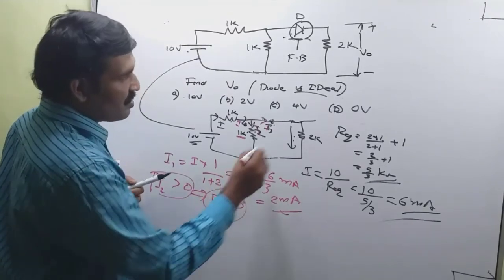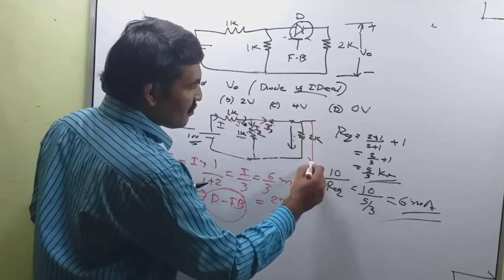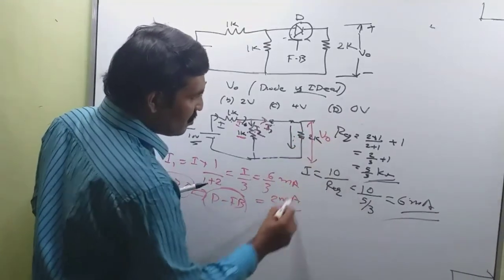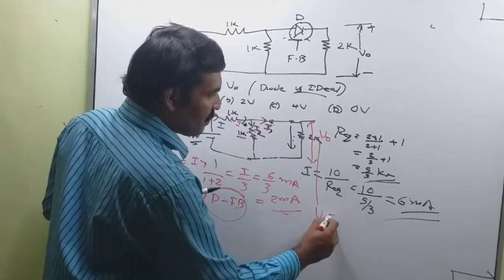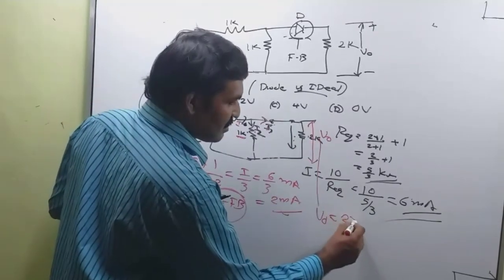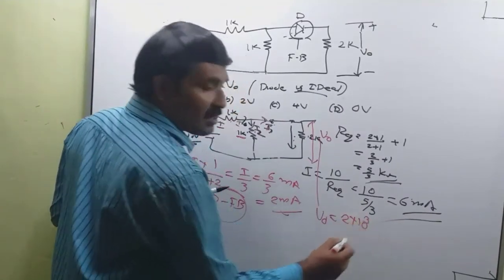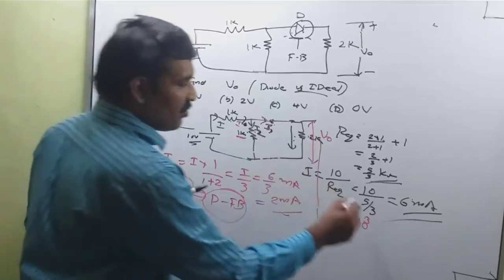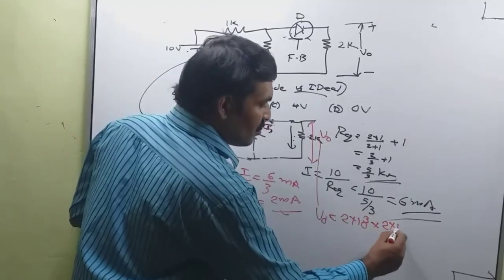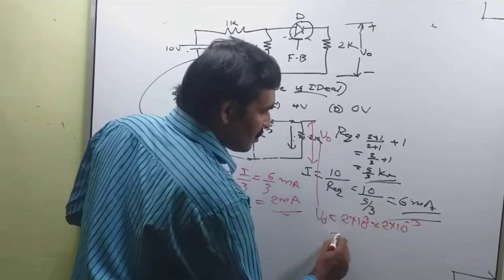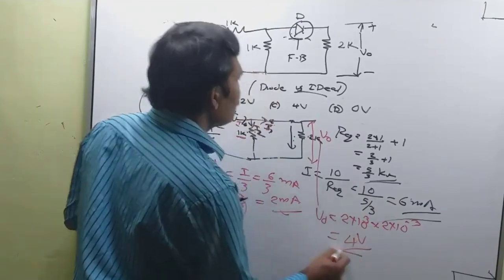So what is the voltage drop across this? This is V0, which is equal to this resistance, 2 into 10 raised to 3, that is 2K, into current. Current is 2 into 10 raised to minus 3. So that is equal to 4 volt. So the answer is